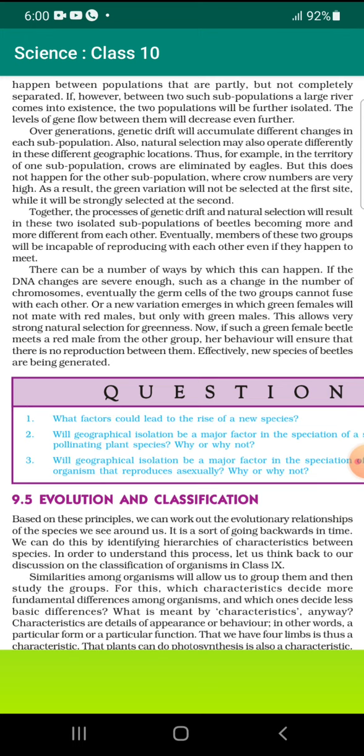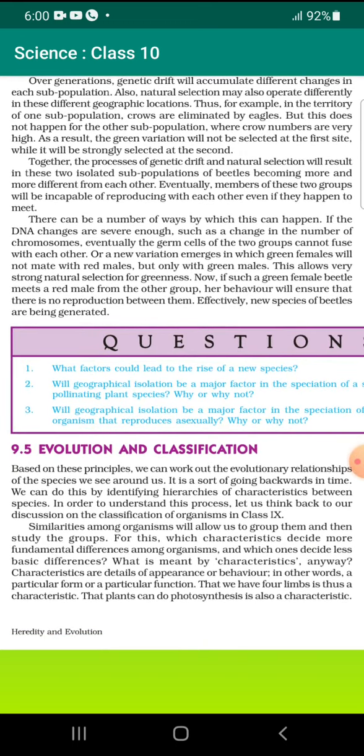If, however, between two such subpopulations a large river comes into existence, the two populations will be further isolated. The levels of gene flow between them will decrease even further. Over generations, genetic drift will accumulate different changes in each subpopulation. Also, natural selection may operate differently in these different